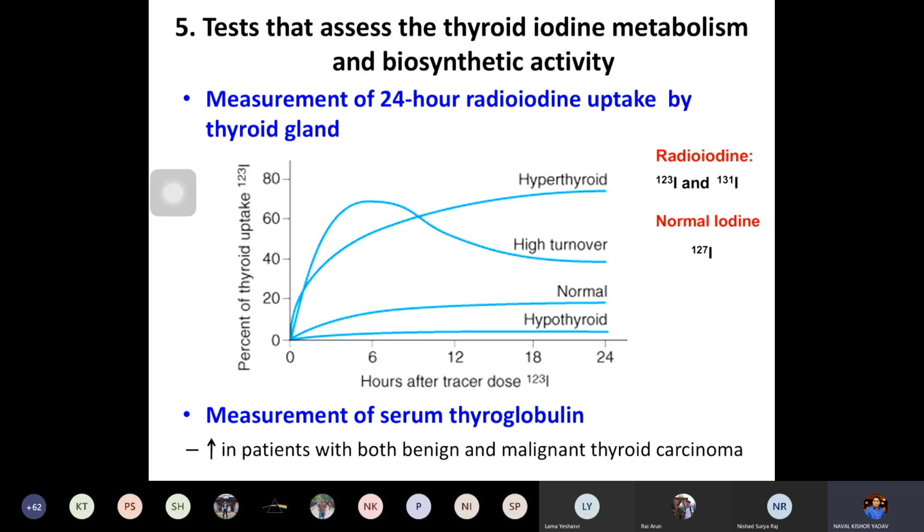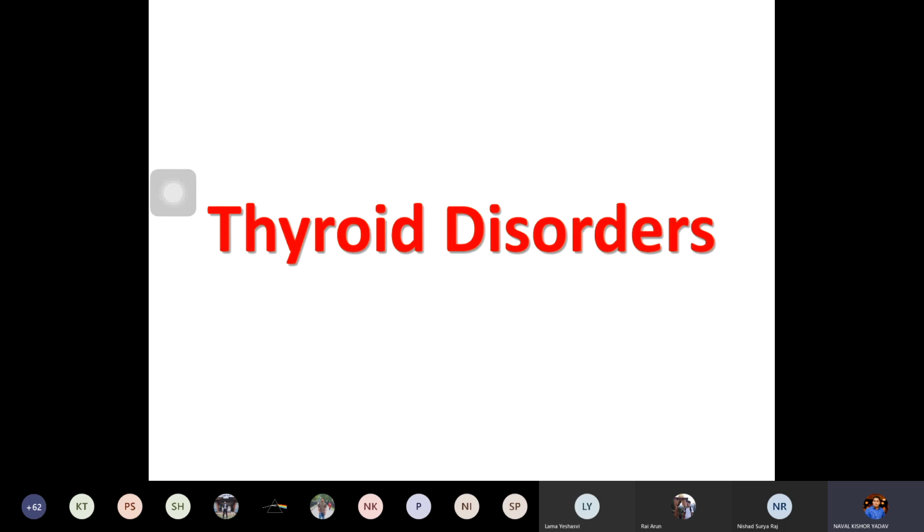Okay. So now we'll move to another topic, that is the thyroid disorders. Already I have said there are two main thyroid disorders, that is hyperthyroidism and hypothyroidism. We'll discuss what we mean by hyperthyroidism and hypothyroidism, and you can easily find out by knowing the signs and symptoms of the thyroid disorders. So if you are facing all those symptoms, you can say you are having a thyroid disorder. Okay, so we'll discuss how to know